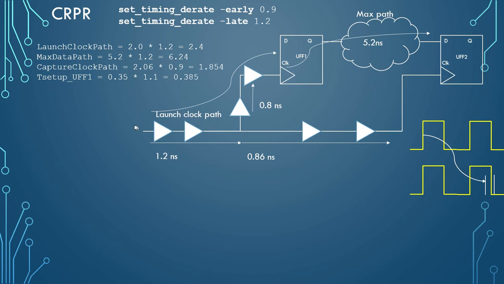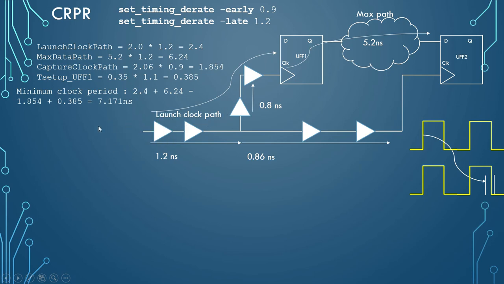So far we have discussed, and because of this calculation our min clock period becomes 7.171 nanoseconds. This we have already discussed in the previous video also. Now please note that this path of 1.2 nanoseconds is common to the launch and also to the capture clock. It is common and it is getting derated differently for launch and for capture. In the capture clock path, it is getting pulled. In the launch path, it is getting pushed.